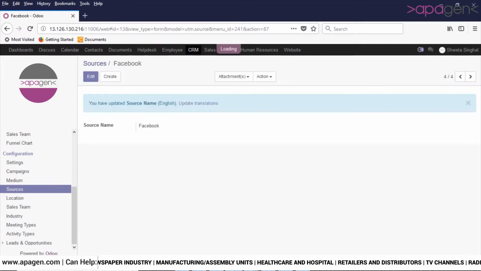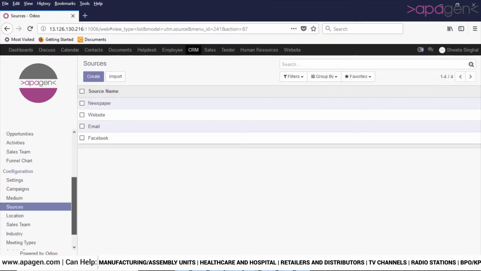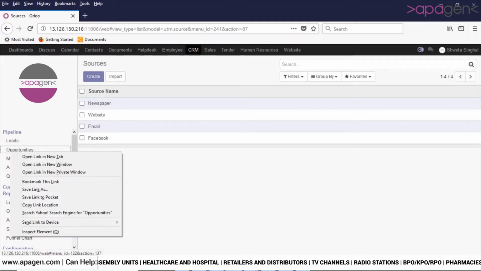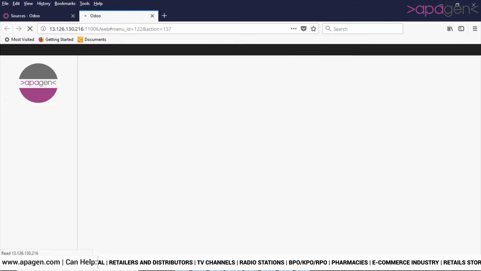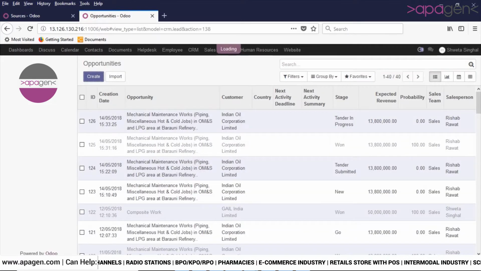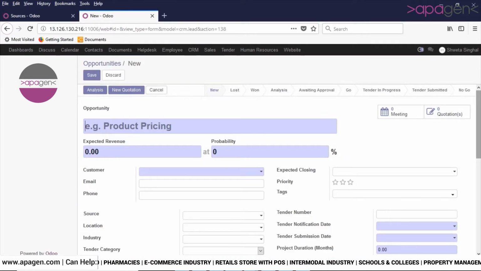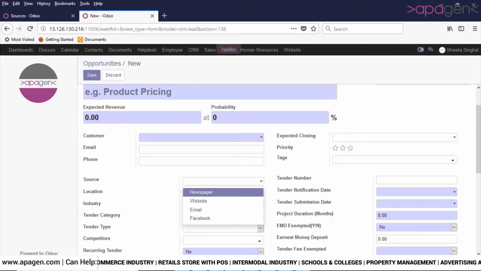The sources that you add here will be visible in your opportunity form. Like here, I have recently added the source Facebook, so it will be visible in the source as Facebook here.